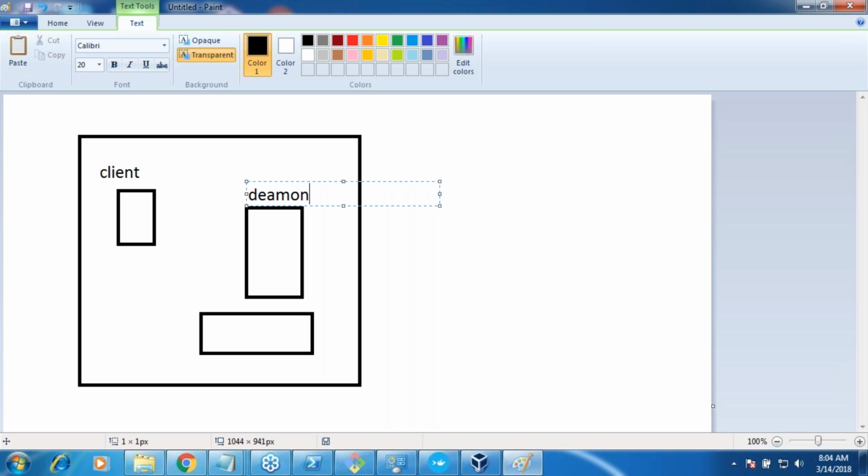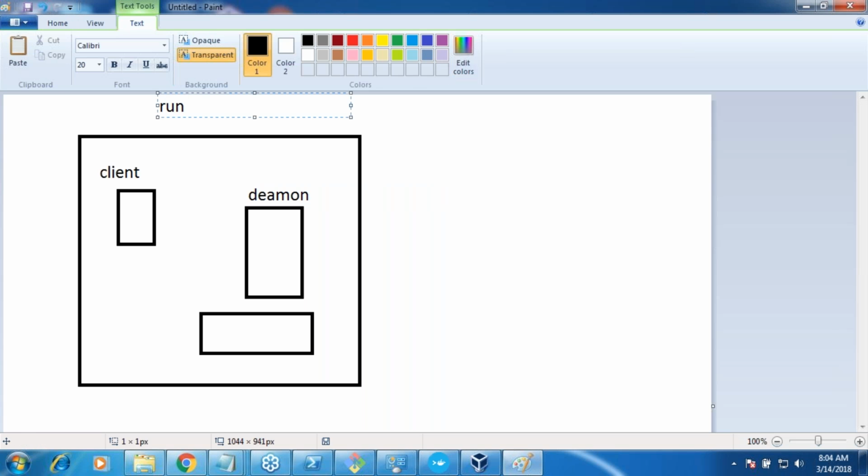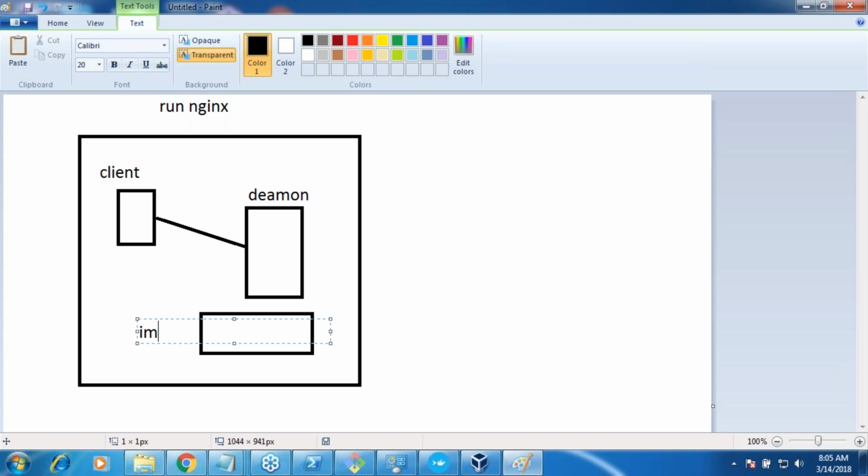From the client, you said that you want to run some application, something like Nginx. That was my first command, with some arguments. The client will not do anything itself. It will tell the daemon that the user has given a request saying he wants to run Nginx. The stuff you are seeing at the bottom I would call the image store.